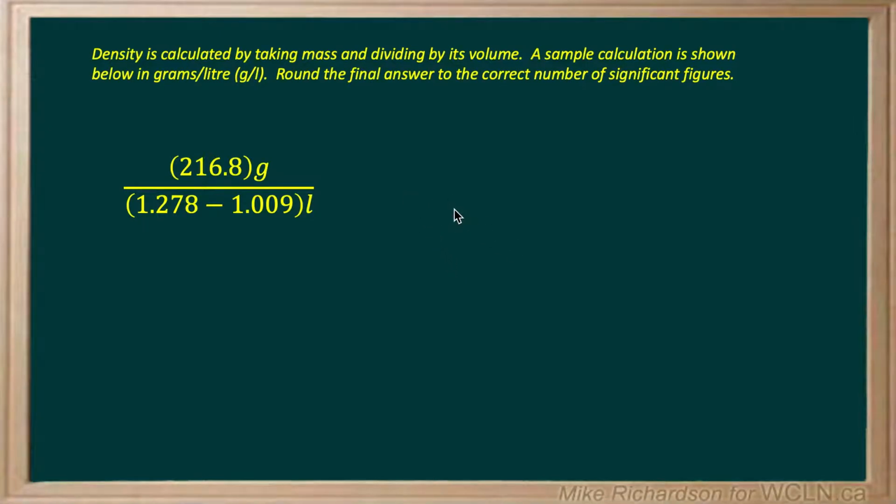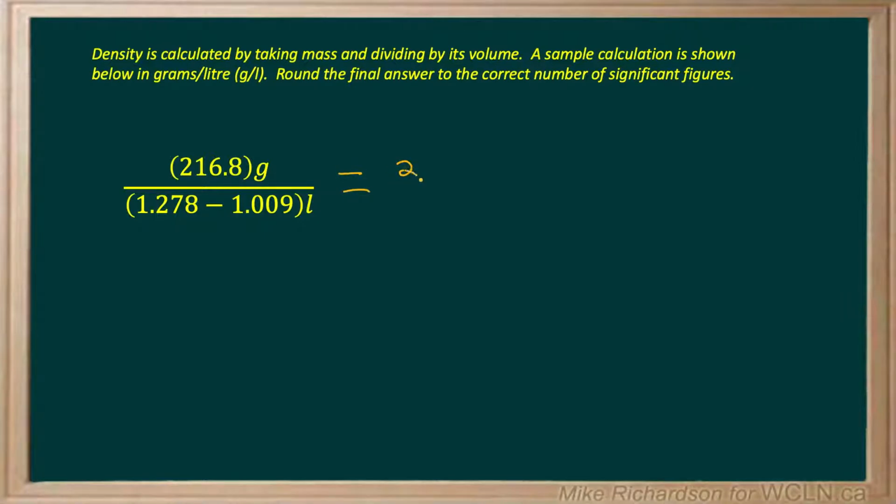Okay, once again we're confronted with a question that has multiple operators in it. We've got a division question and also it has some subtraction in the denominator. This is a typical science question involving the calculation of a density. Doesn't matter for now. First thing we want to do is get the actual answer without any rounding, which is